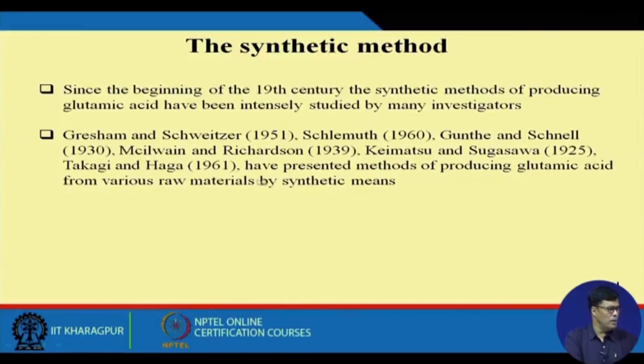They worked together and presented methods for producing glutamic acid from various raw materials by synthetic means. But I am not going into details about the chemical process, because the main purpose of the course is to describe the